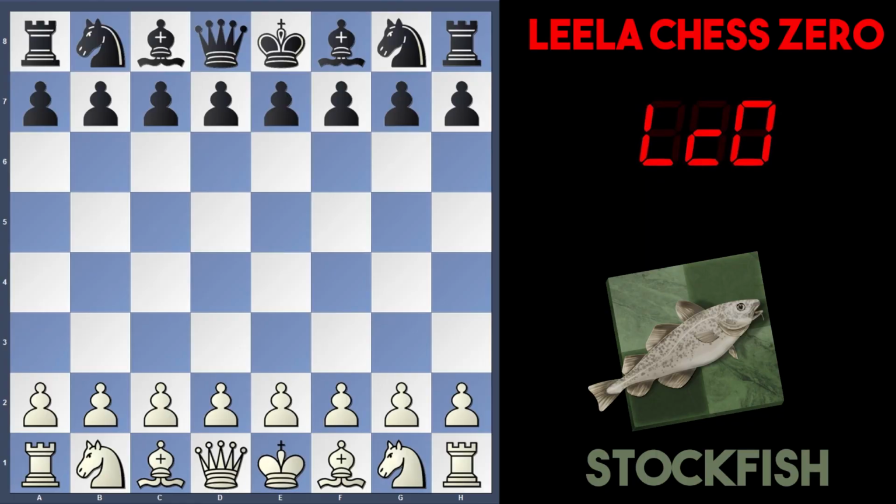Hey everyone, Smarty Pants Chess here with another game from the CCC11 finals. Again, this is between Stockfish and Leela Chess 0, and Stockfish is white in this game, Leela's playing black, and